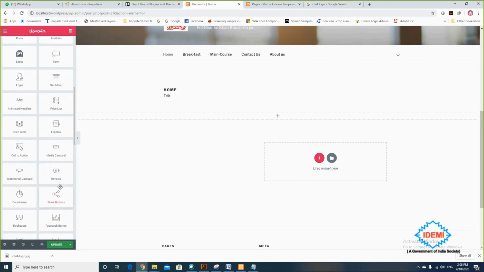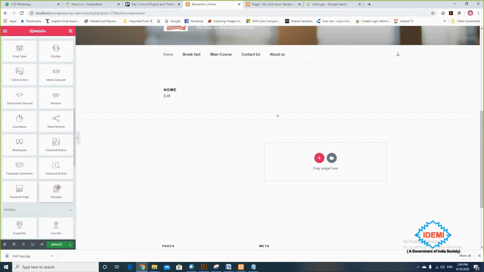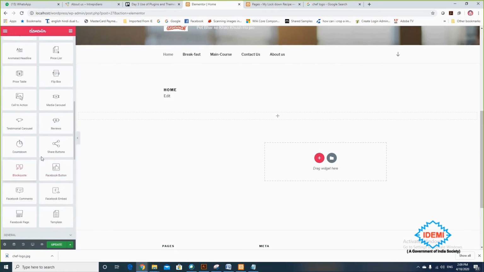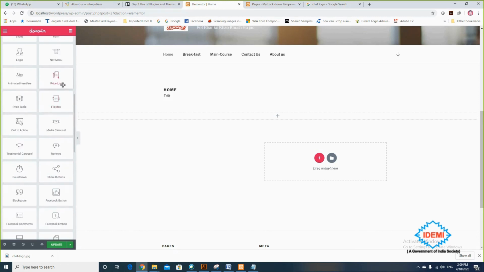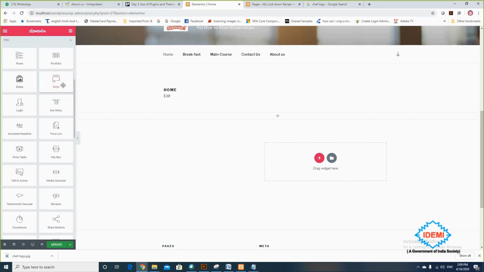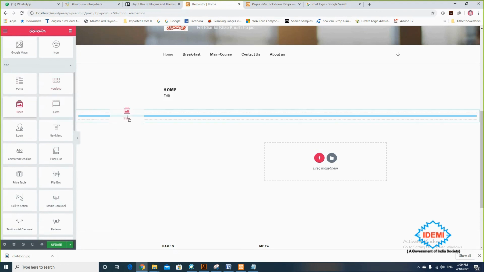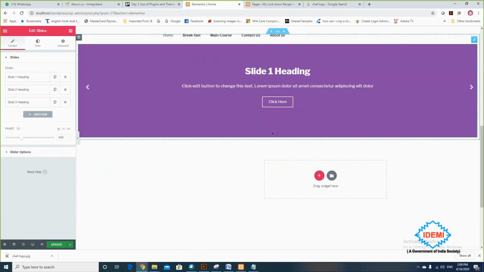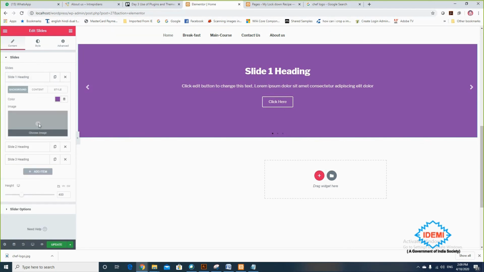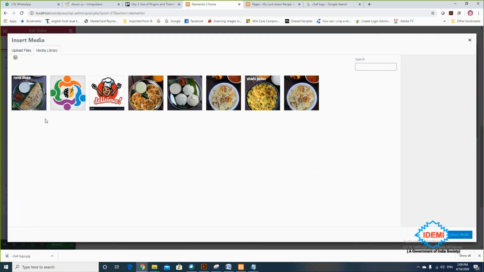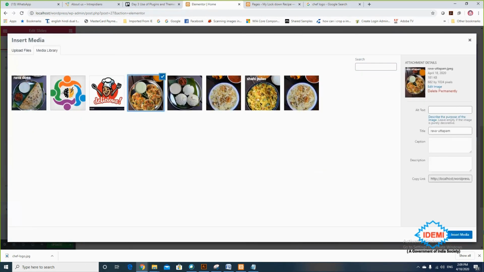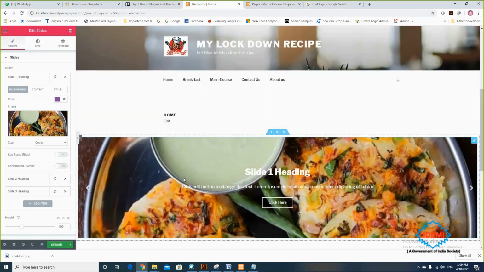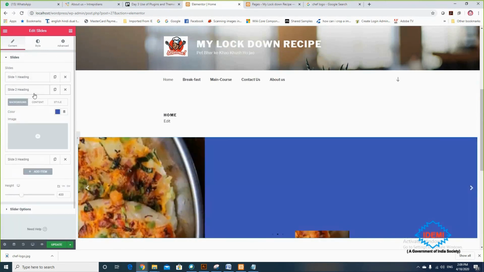There are many different options where you can use slide or slides. So just drag it, and once you drag it, it will create a slider here. Okay, and you can put n number of slides here by just clicking it, and you add the images from it. So I'm adding the images. Okay, and inserting in here. This became one slide, and you write accordingly. Okay, this is slide 1 and this is my slide 2.